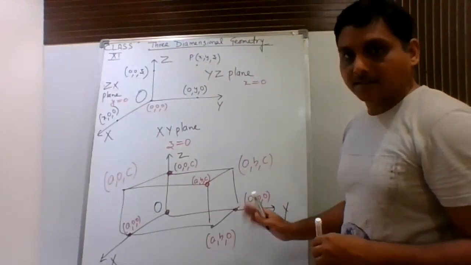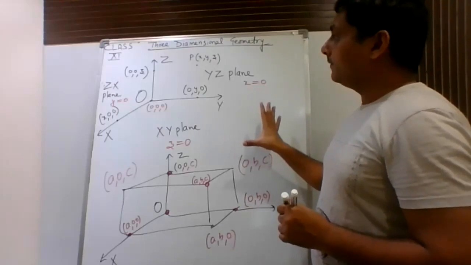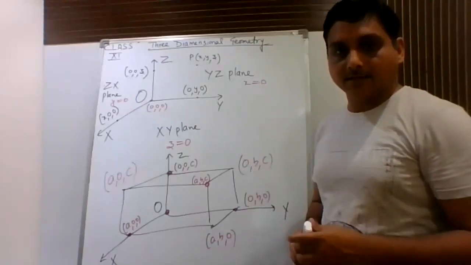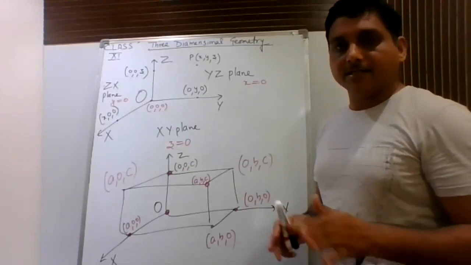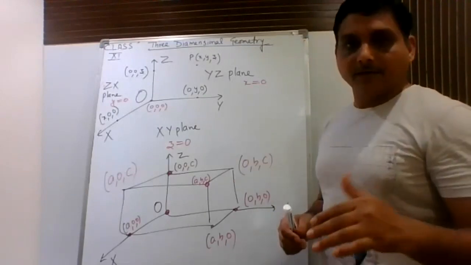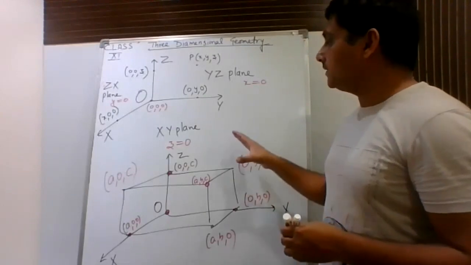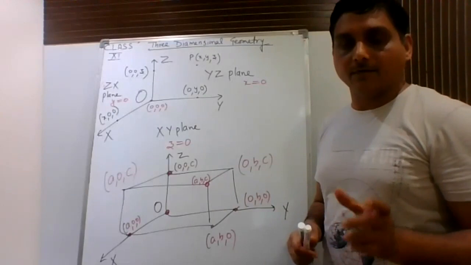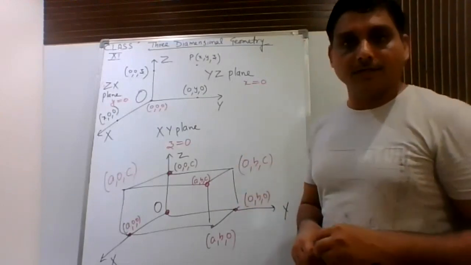Okay, now as in 2D we have 4 quadrants, in 3D we have 8 octants. So we have a concept of 8 octants. Then we can decide their signs also. For the signs, a table is given in the book. You can just see that table. On the basis of this, you can clarify in which octant the vertices will lie. So this is all about the first exercise.